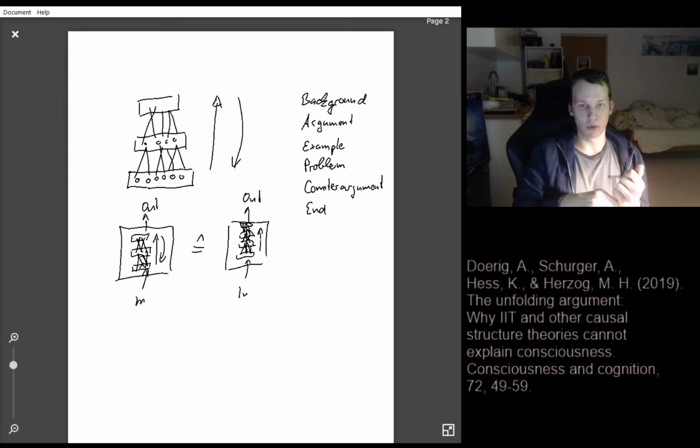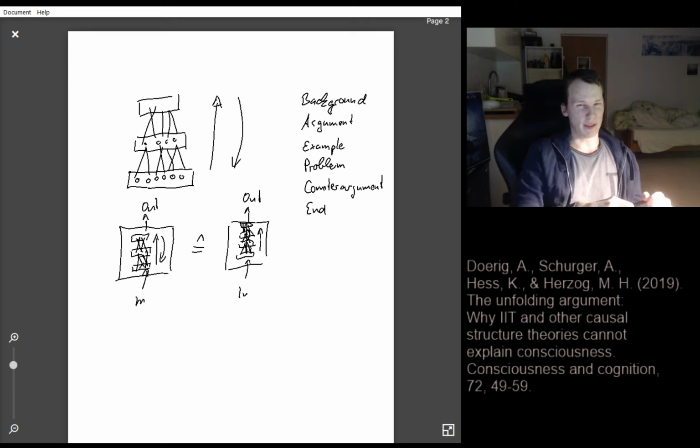With these input-output behavioral patterns, you can not only look at this black box behavior, you can also look into the black box. You can check in the human brain whether there are recurrent connections. You can check whether in an artificial neural network there are only feed-forward or also feedback connections. So at this point, it seems quite obvious that there's a fundamental logical problem with this argument. And the counter argument from the unfolding argument paper, what they would reply to this problem, is: if you now look into the black box and you identify something as being